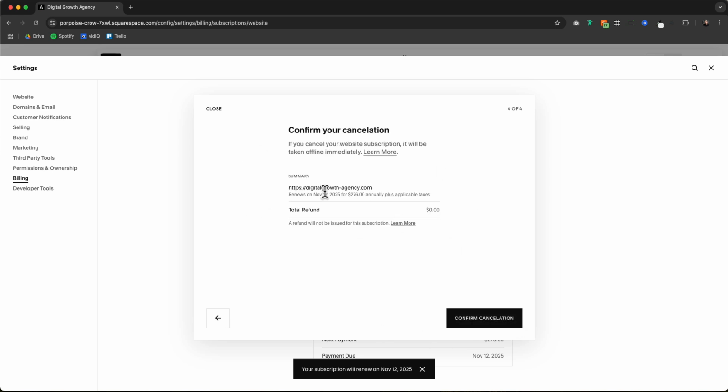And then when you're ready, it'll tell you if you get a refund. Normally this only happens if you cancel it within 14 days or something like that. But when you're ready to confirm your cancellation, you just click on this button right here and it will confirm